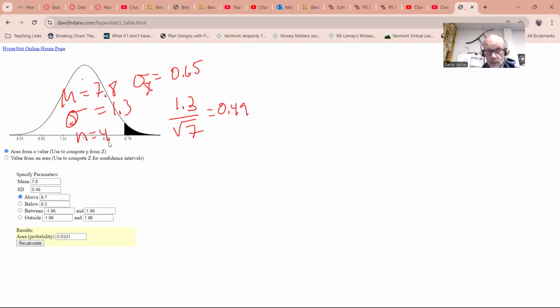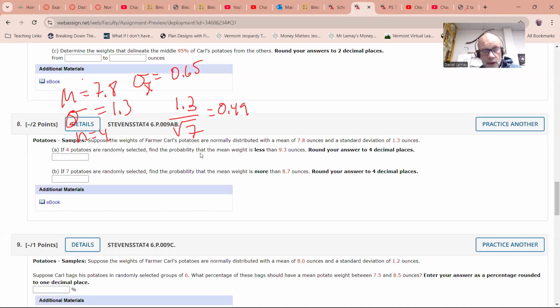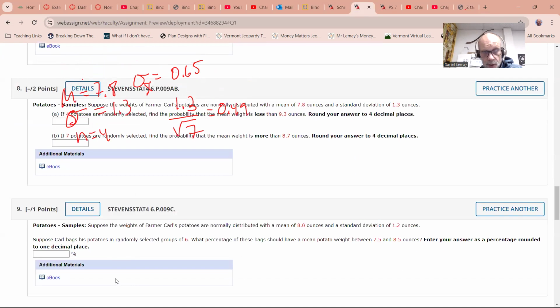So knowing it's more than, I can see it's got a tail area to the right. That helps me realize that I probably did this correctly. And that's a probability. Of course, it's almost two standard deviations above the mean. So that's a reasonable answer. So let's see. Let's go back. And I think what we do next is now we're going to go to,